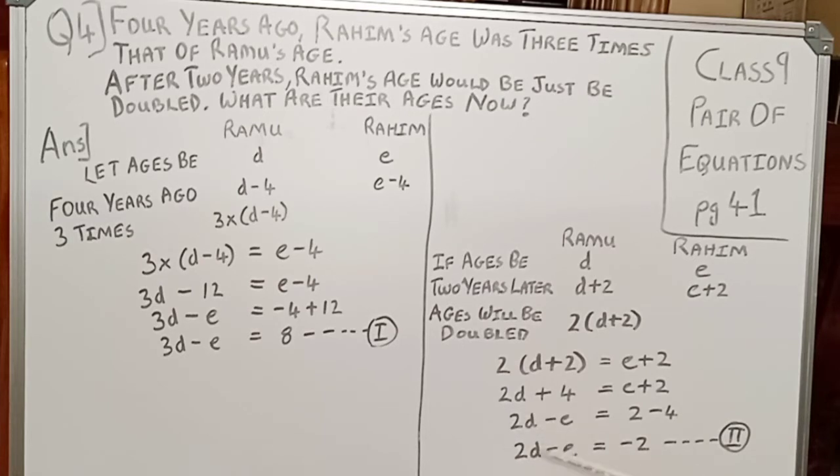So this same equation is brought down, 2D minus E, and when this plus and minus is minus, you get 4 minus 2 would be 2 itself, and the sign of the bigger integer, the minus sign, is carried forward. Brought down, this is how you got 2D minus E equal to minus 2. This is the second equation. So you got the first equation as well as the second equation.